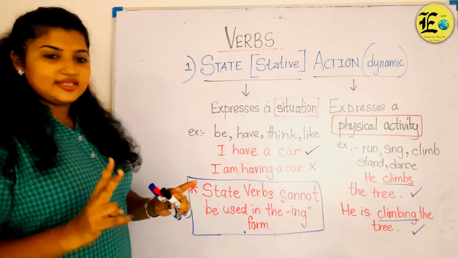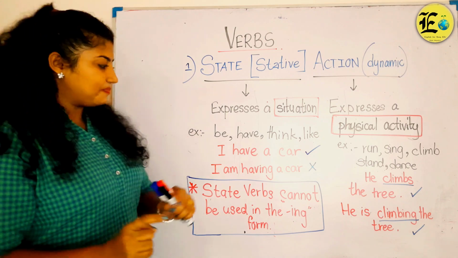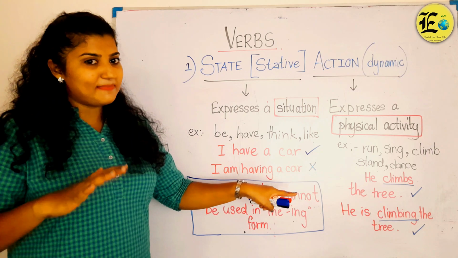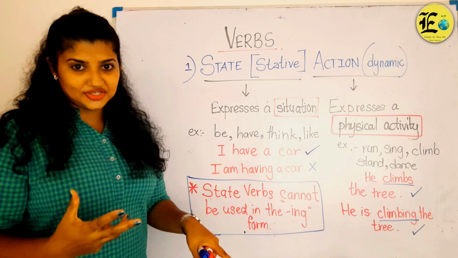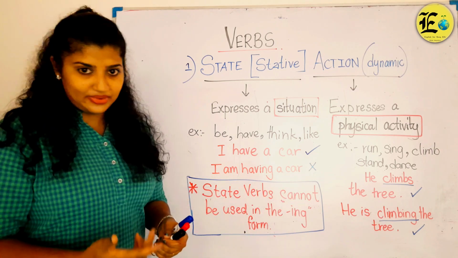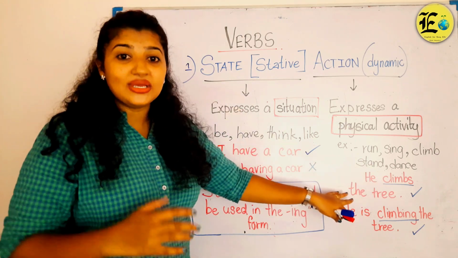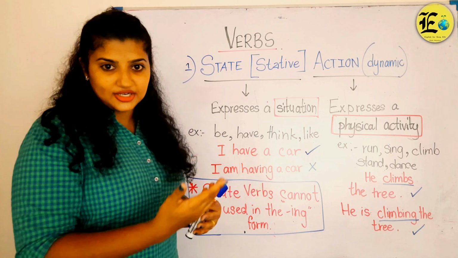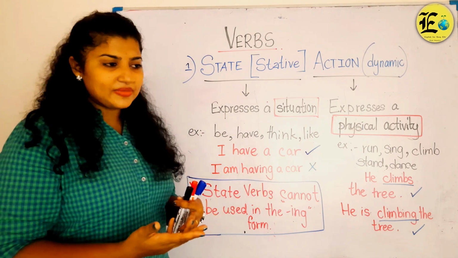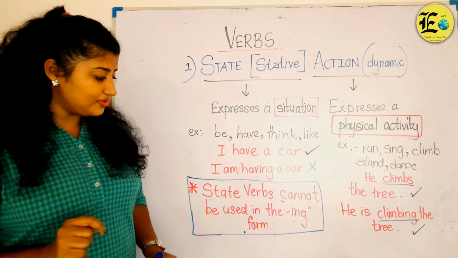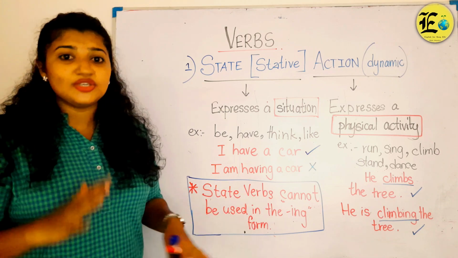Let us look into sentences with an important rule. I have a car. You have a car, but you cannot show the action of having a car, right? So the next point is he climbs the tree. You can climb up a tree and you can show the action that you are climbing the tree. The next important rule is state verbs cannot be used in the ing form. That means you cannot use them in